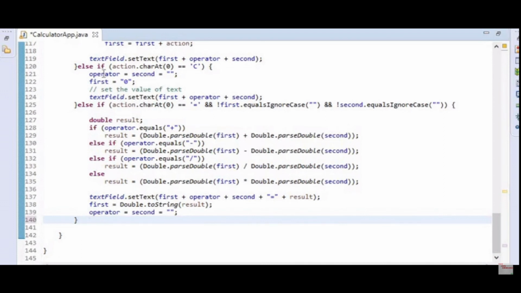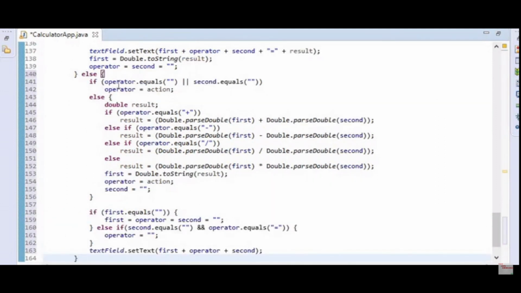And next here we will add the last else condition. If it's not going into the above 3 conditions, then it will go into this else condition. And here we have declared operator equals second equals, and it will check the operand's value. If it is empty, it will go here. If it contains a value, then this function will evaluate and perform the action. And here it will perform first plus second add operation, subtraction operation, division, and multiplication operation.